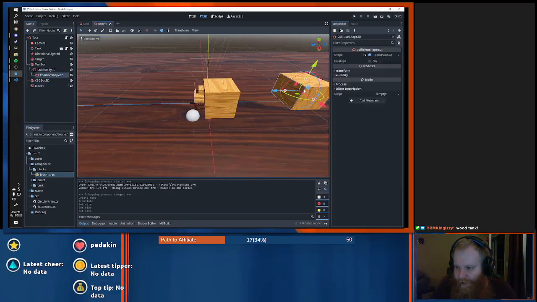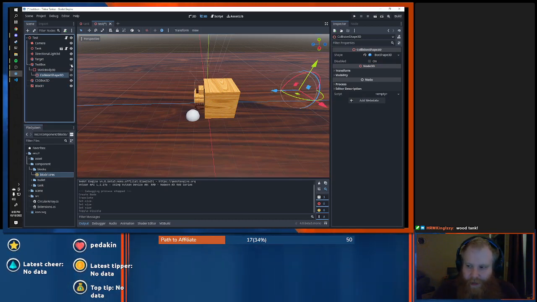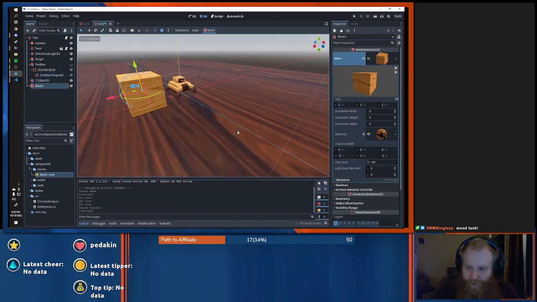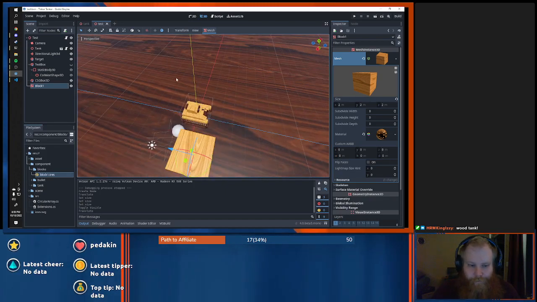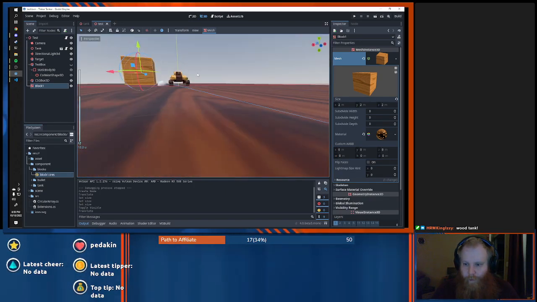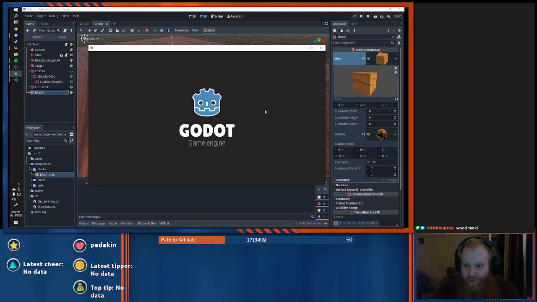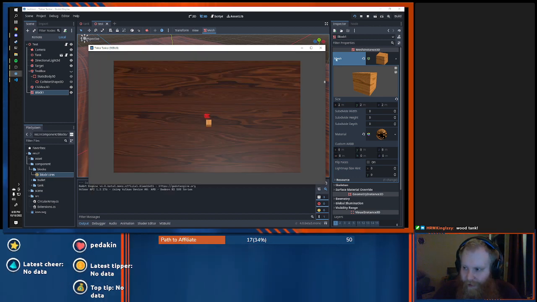Let's see, if I make this guy not visible, is he still there? Here, I'll just move this guy out of the way here. All right, let's just play. First thing I want to see is if I shoot straight forward, is that block still there? That block is still there, I just can't see it. Okay, and also this block, I can move through it and shoot through it because it has no collision. So that's going to be the next thing we're going to fix.